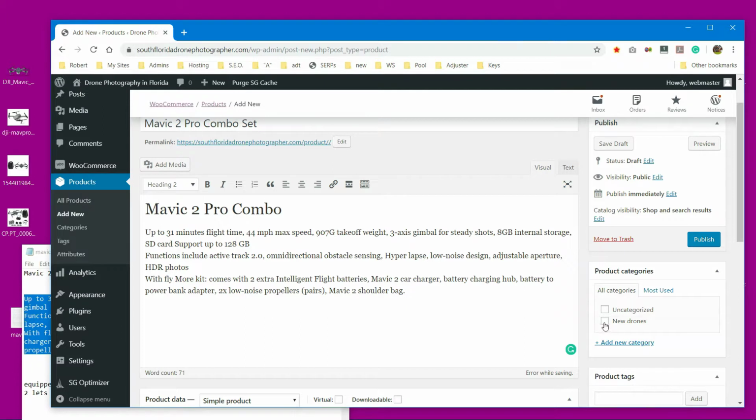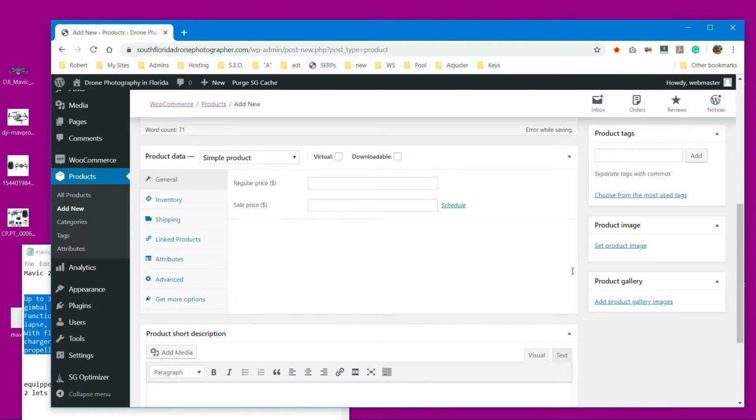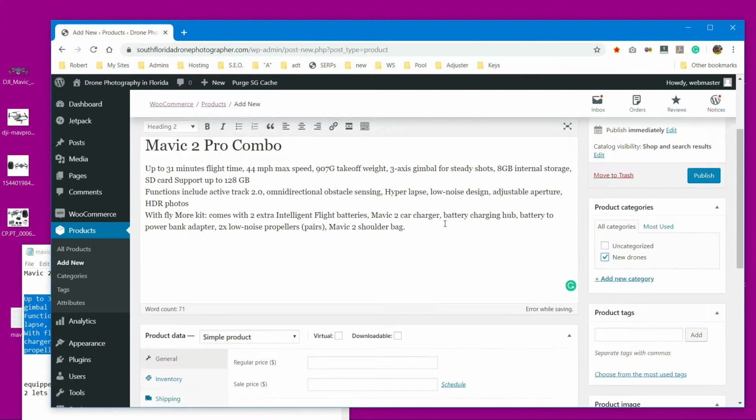Then you're going to come over and add it to a category. If you don't have one, click Add New Category and give it a title. From here,